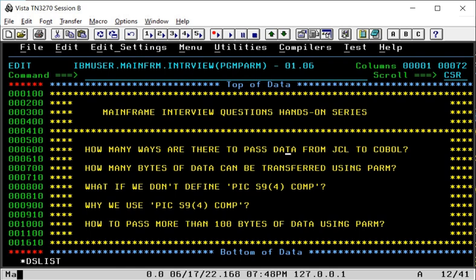We will use the PARM parameter in today's class, and we will see how we use PARM parameter in COBOL, how we pass the data through JCL. Also, is there any other way we can pass the data from JCL to COBOL? Yes, there is one more way, and that is how to pass more than 100 bytes of data using PARM parameter. Here we are not exactly using PARM parameter, but the extended version, so keep